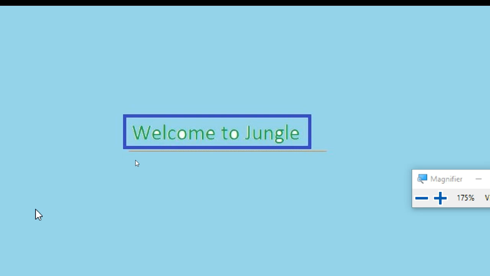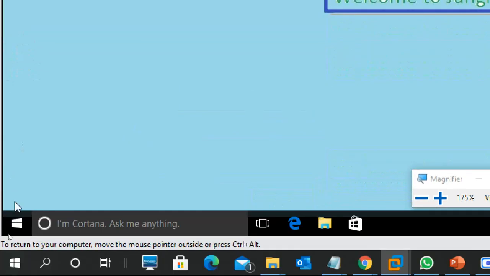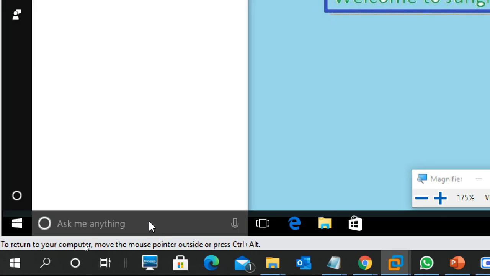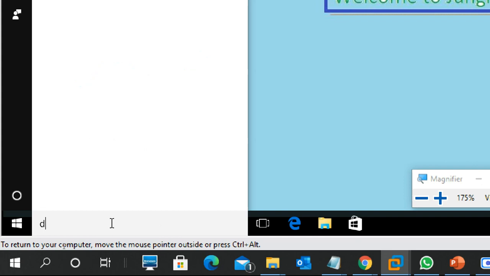Another is virtual hard disk. So when we call it virtualization, it means it's like a virtual hard disk. So this is my client PC. You can see this is my client PC. In a client PC only, I'm creating a virtual hard disk. Okay, so to create a virtual hard disk, you require to go to disk management. So I'm going to disk management first.